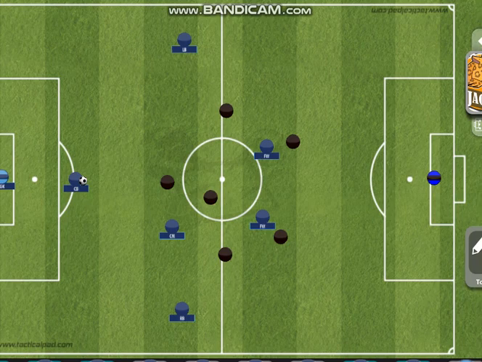You can see that our team has two forwards that are kind of central. Our right and left back are split wide, and our center back has the ball. The other team, I've put them in a 2-3-1 formation, but this works against any formation. So, if our center back has the ball,